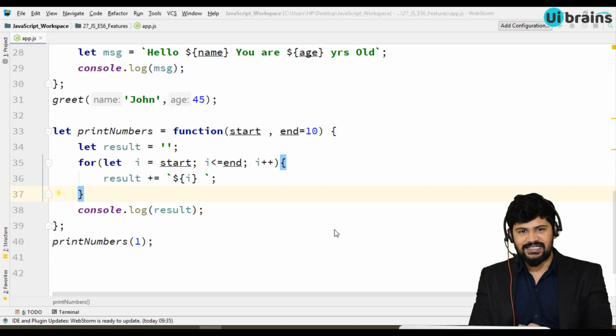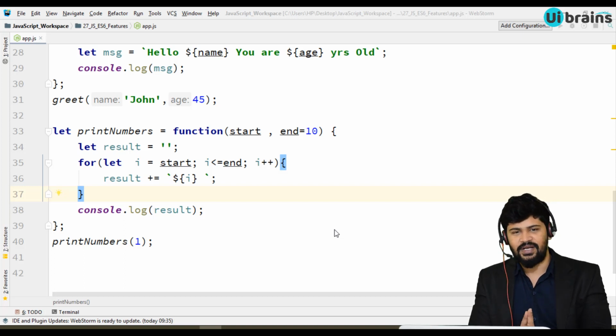In this video, we are going to discuss the next feature of ES6, which is arrow functions. Arrow functions are the new way of declaring functions. Generally, we can declare a function in three ways. One is the normal way, called a normal function. Another is called a function expression, and then we have the arrow function. The arrow function is the most popular, and nowadays if you see any JavaScript tutorial, you're going to see arrow functions. So let's see what exactly an arrow function is and what benefit you get from it.